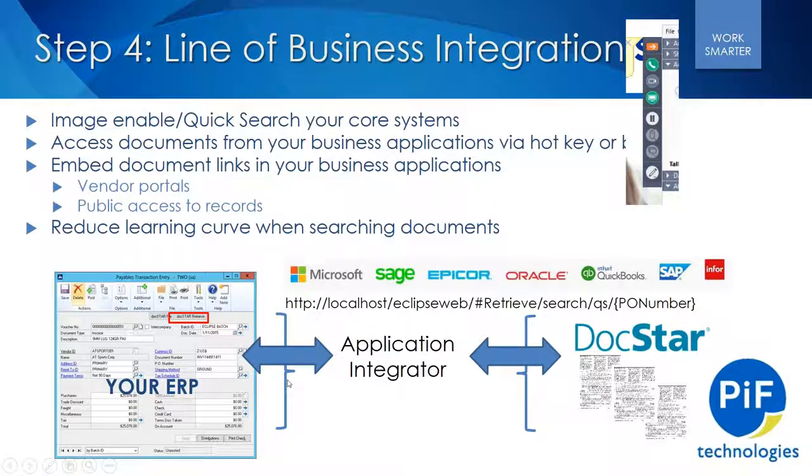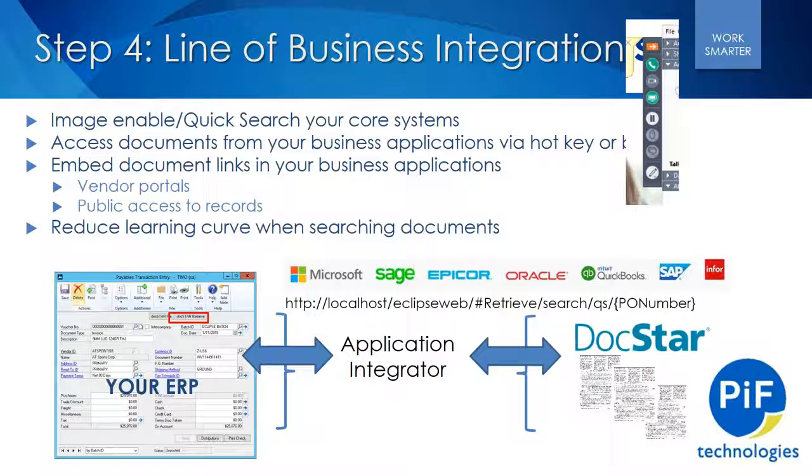And then, line of business integration. In this particular case, we're not really talking about pushing and pulling data. We're talking about image enabling. The idea of you being in your line of business system, your ERP, and be able to hit a hotkey or a button to retrieve those particular documents. The ability for you to